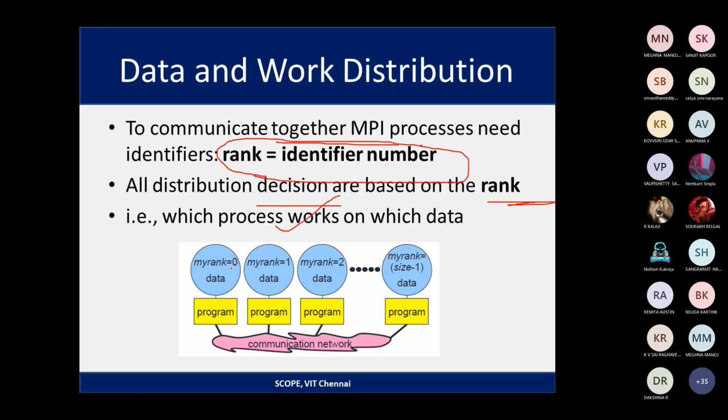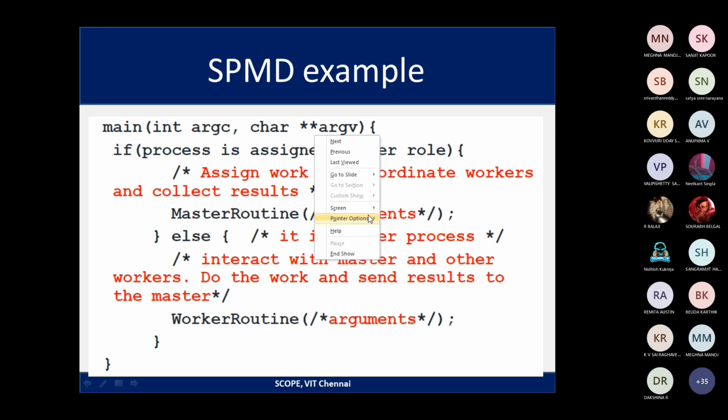For each processor we assign an ID 0, 1, 2, up to size minus 1. We are trying to program a single program on multiple data using MPI.